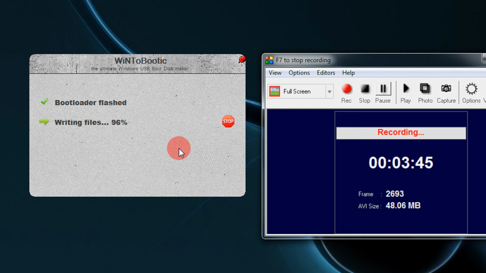So as you see, the process is almost 96% completed. This may take some time depending on the USB speed. A USB 3.0 port has even higher speeds and easier burning. A tip: for burning the ISOs of Windows 7, 8 or 8.1, the same procedure can be followed. It only depends on the ISO that you have dropped. I have not tested this for the Linux distribution. For Windows 7, 8 and 8.1, it works equally well.